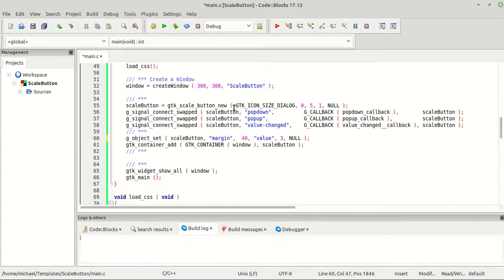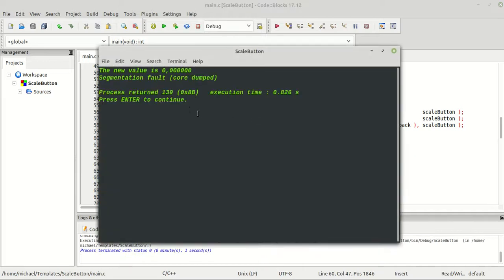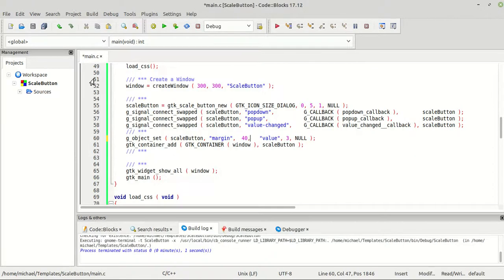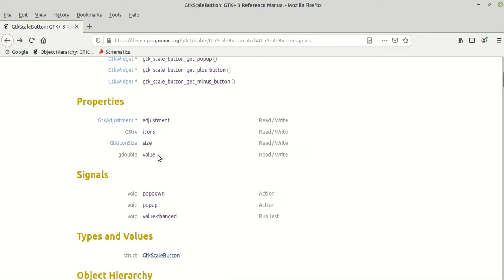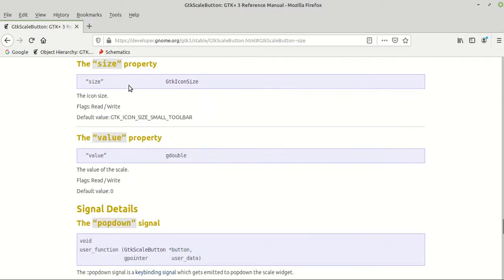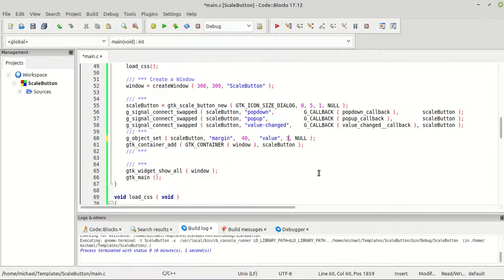Value 3, null. We don't need to set a value. Sorry guys, we need to set the size. Let me go back a little bit to properties, the size and the value, of course. So basically we need to pass a double